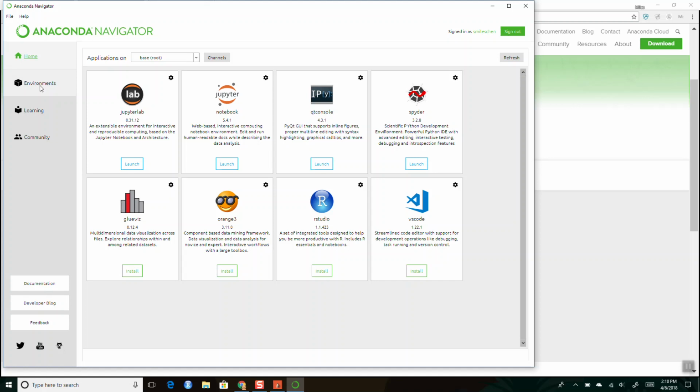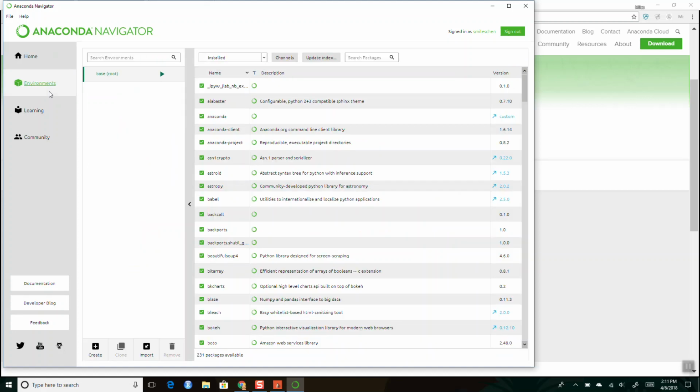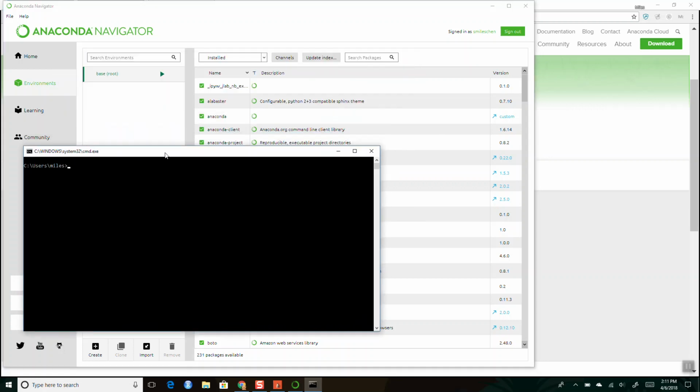And then, an important thing is to keep your packages updated and things like that. And so if you want to run updates, you'll use conda, which is the terminal command that we use here, okay? And so after you do that, you can go into your environments and open a terminal. You can open your terminal on Mac as well, okay? So on Windows, it'll be either your CMD or maybe your